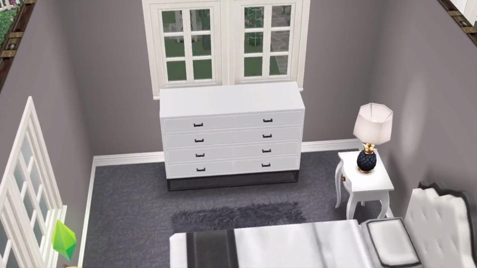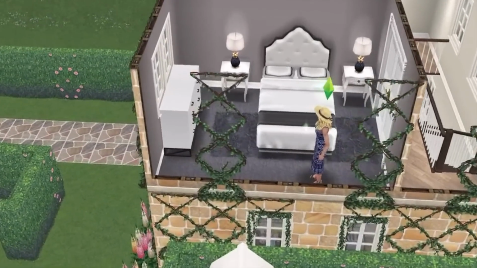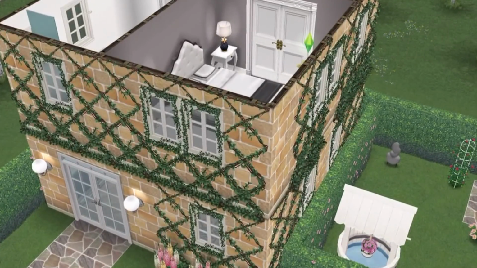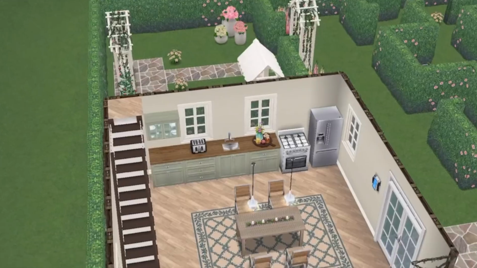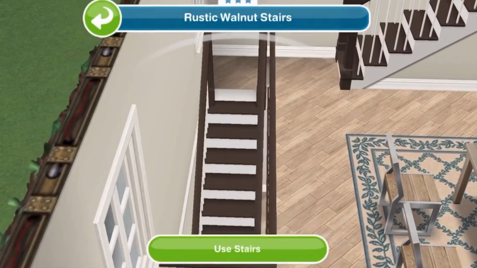And then we've got this beautiful chest of drawers on the side here. These are the rustic ones, rustic white. Okay, and these are the windows outside with the other ivy alongside it. Okay, so let's quickly get downstairs because there is a staircase in the kitchen, another rustic walnut staircase going down